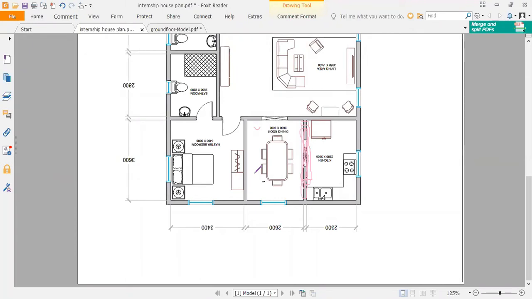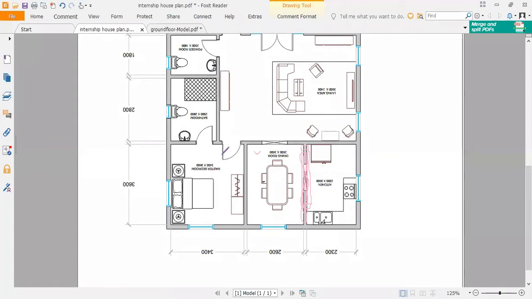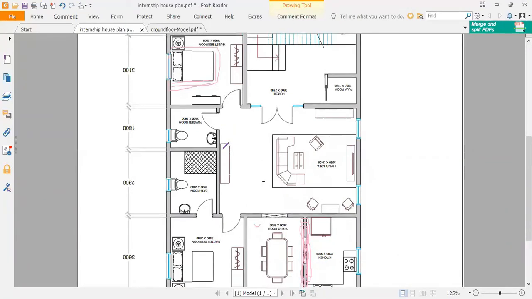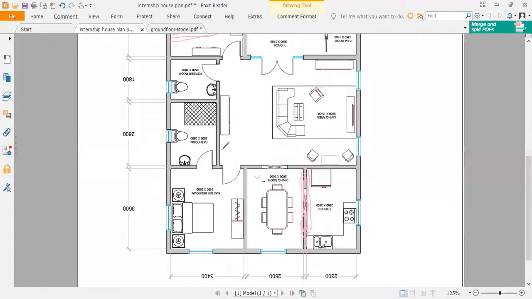3.6 meters is almost 12 feet and 3.4 meters is almost 11. Still, it is acceptable. I mean, 12 by 12 or 12 by 10, those are small rooms, but that is acceptable. The area wasn't much, so we can't give two big rooms for bedrooms. Yeah, fine.